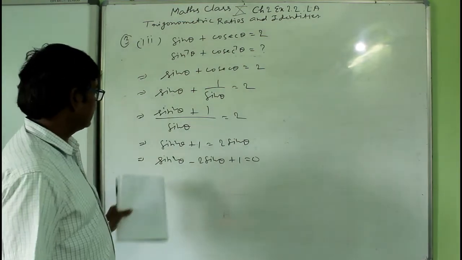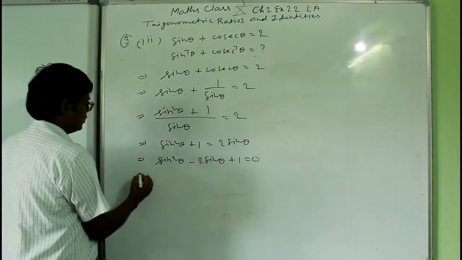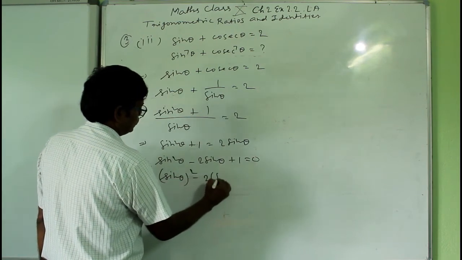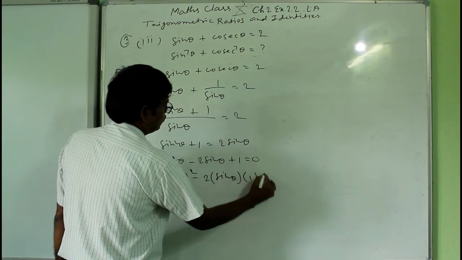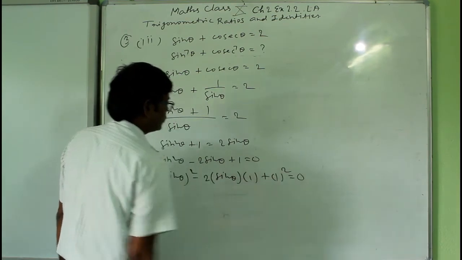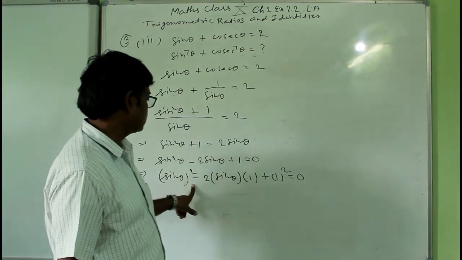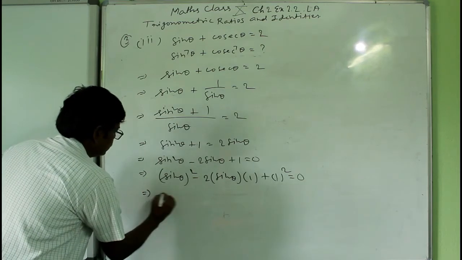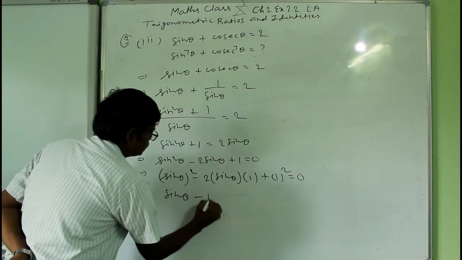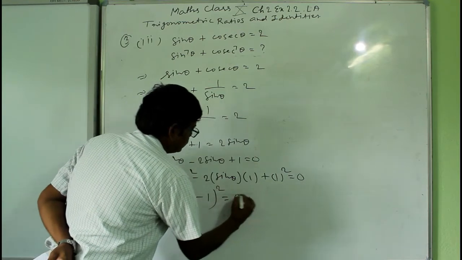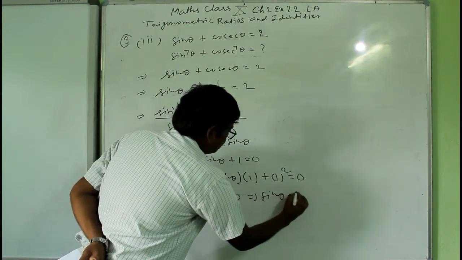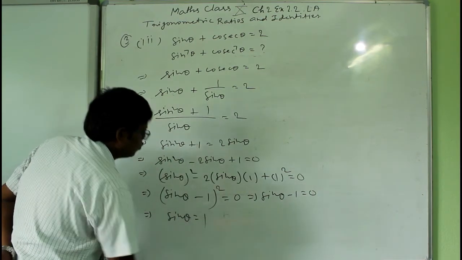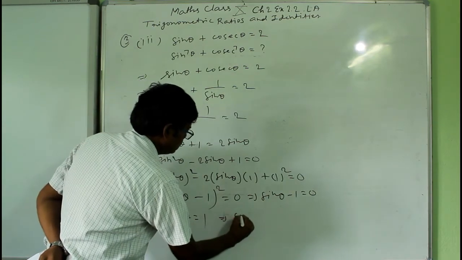Okay, now here again this is the formula. (sin theta) whole square minus 2 sin theta into 1 plus 1 square equal to 0. Now see here a square minus 2ab plus b square. Okay, so then this will be equal to (sin theta minus 1) whole square equal to 0, and this implies sin theta minus 1 equal to 0, and this implies sin theta equal to 1, and then this implies 1 by